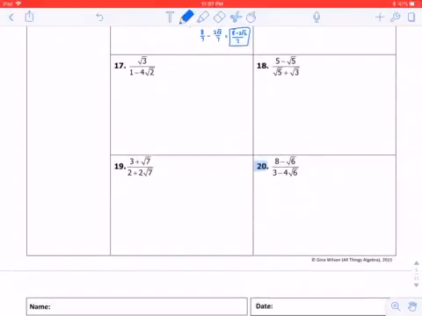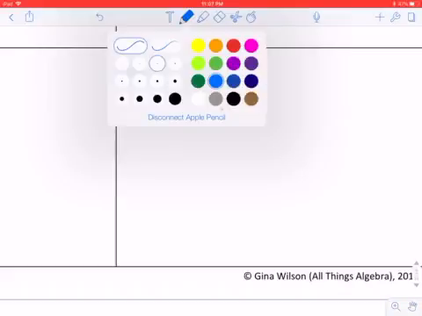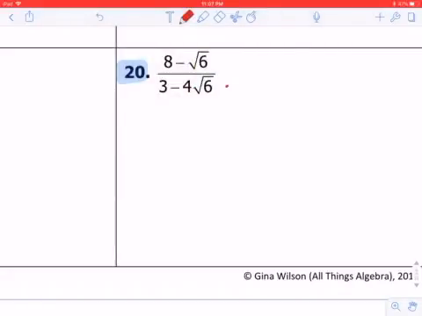Okay. And number 20. So number 20, we have 8 minus radical 6, and then 3 minus 4 radical 6. Same thing here. I'm going to multiply the top and bottom by the conjugate. So that means I'm going to multiply the top and bottom by